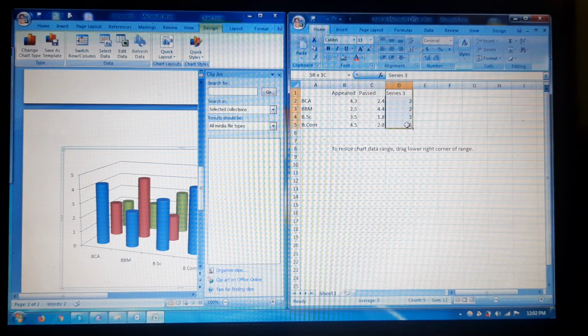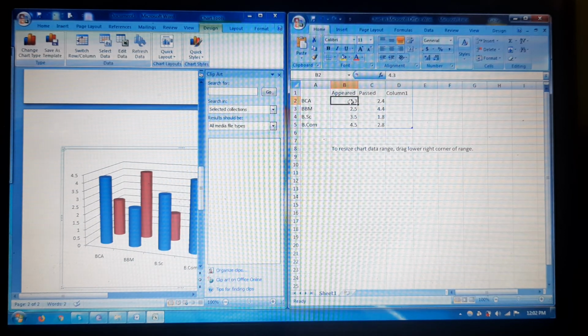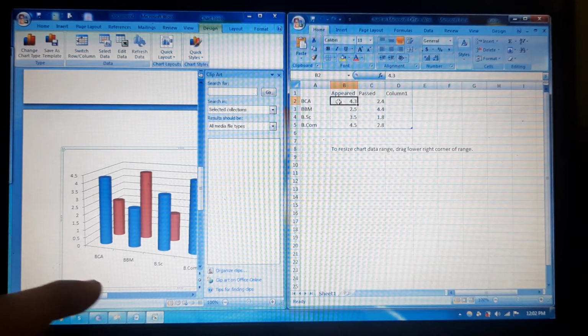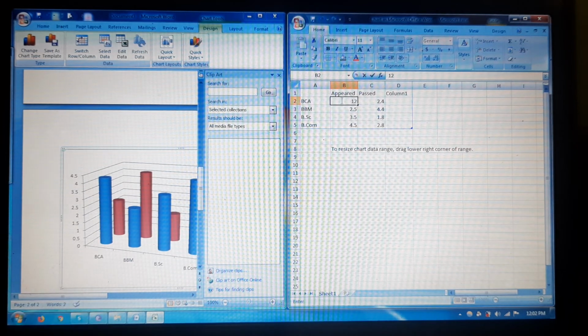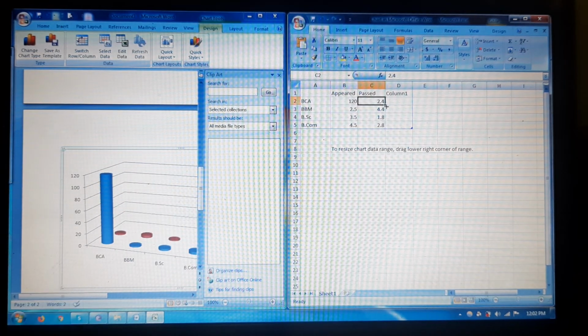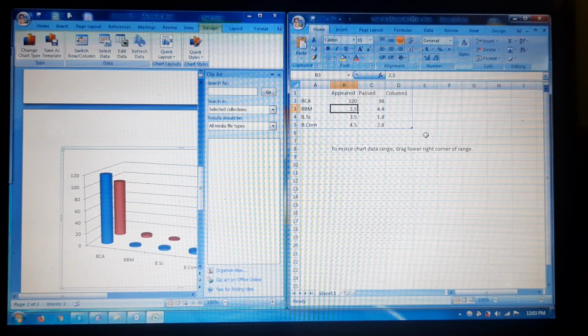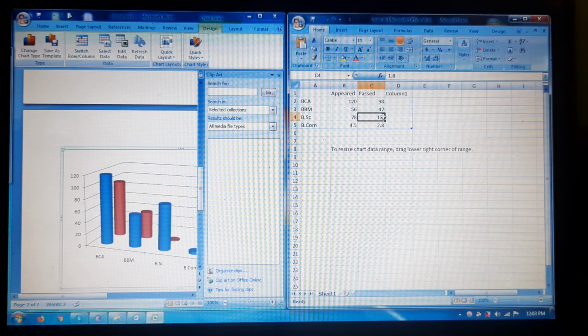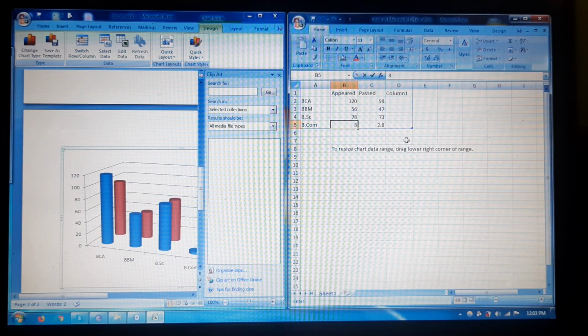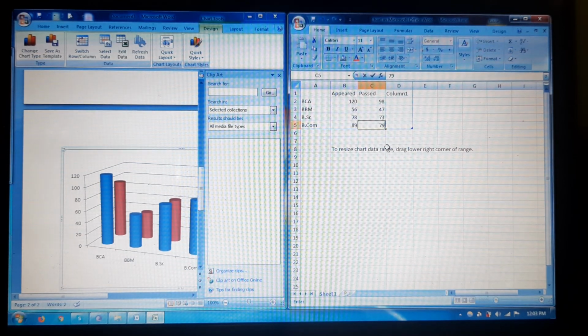I will delete this series, the third series, and I will say total. 120 appeared for BCA and 98 passed. In BBM, 56 appeared and 47 passed. In BSc, 78 appeared and 73 passed. In BCom, 89 appeared and 79 passed.